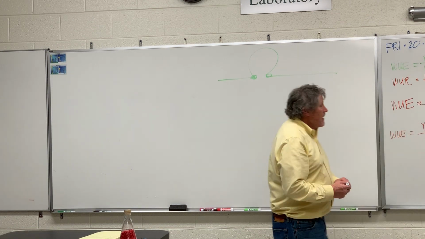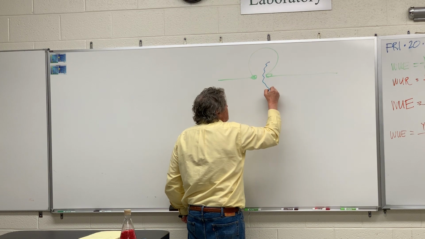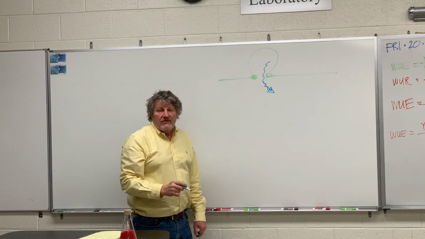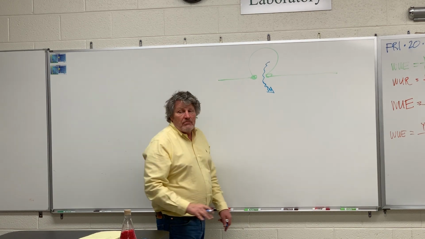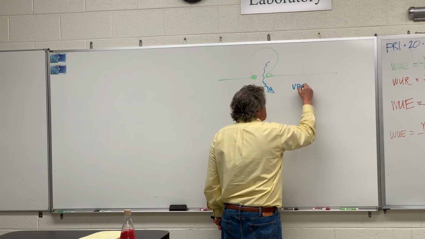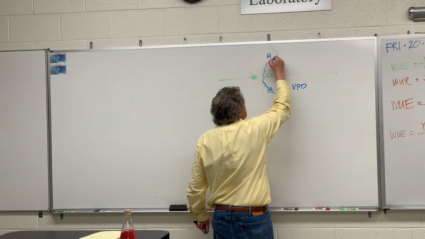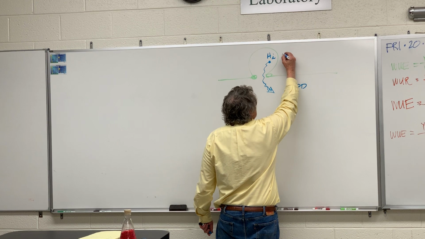As you know, the water comes out by diffusion, comes out of the leaf, and you've already calculated the vapor pressure deficit, VPD, and that is the humidity inside the leaf with units of kilopascals,